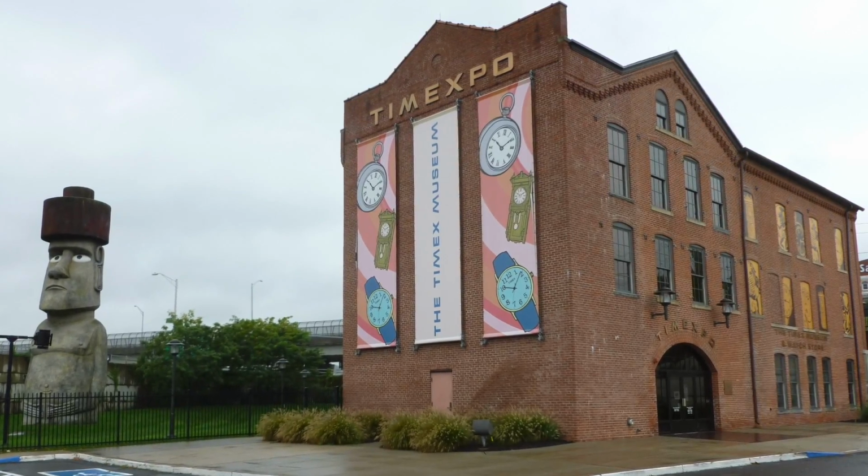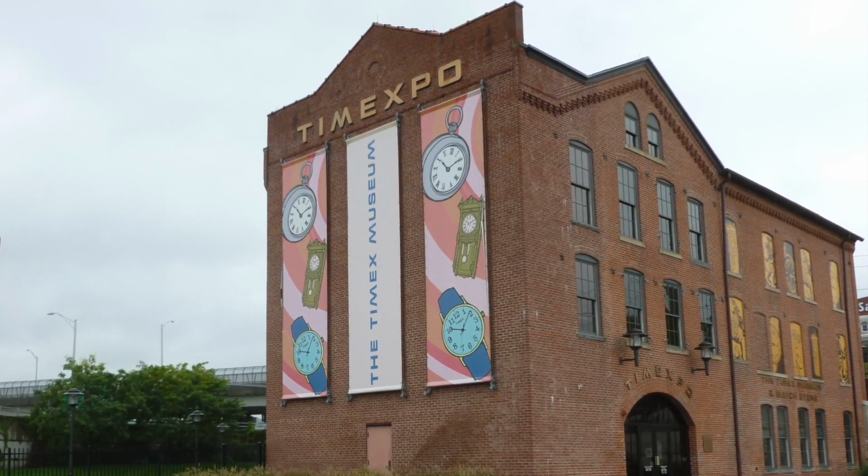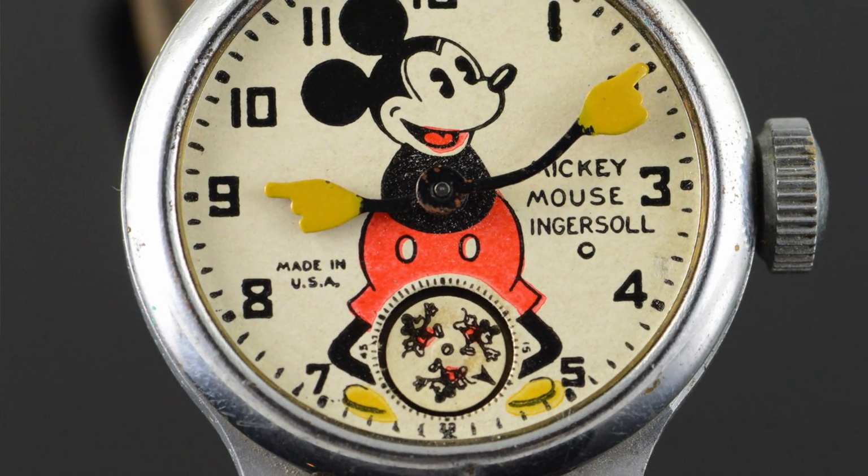Number 6, Timex. I can't do this list without including a Timex. Founded in 1854 in Waterbury. Actually, originally they were known as the Waterbury Clock Company. Their evolution as a tour de force in horology is absolutely inspiring, and it's an amazing story. Famous for their Mickey Mouse watches of the 30s, their military technology of the 50s, involved with missilery